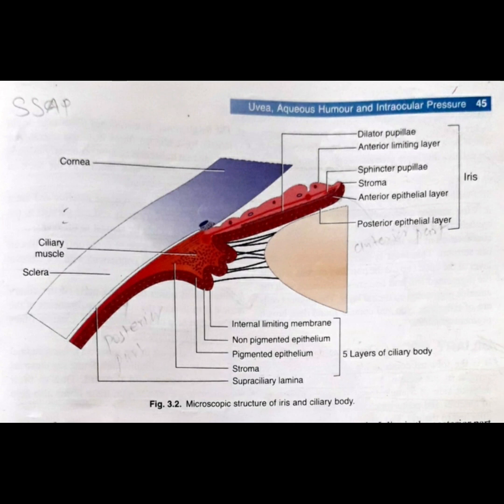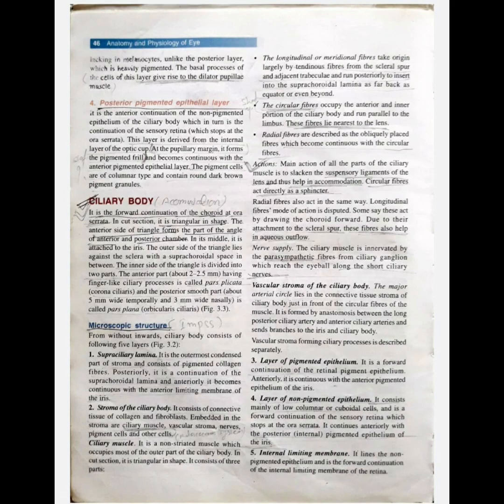Which one is the pars plicata? The part showing those finger-like projections is the pars plicata, and the rest is the pars plana. Coming to the microscopic structure of the ciliary body, if you see, after the sclera there is the suprachoroidal space and then there are 5 parts of the ciliary body: